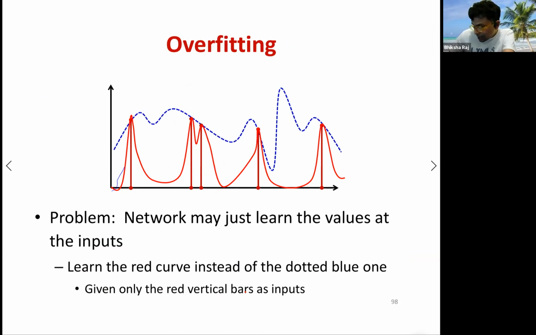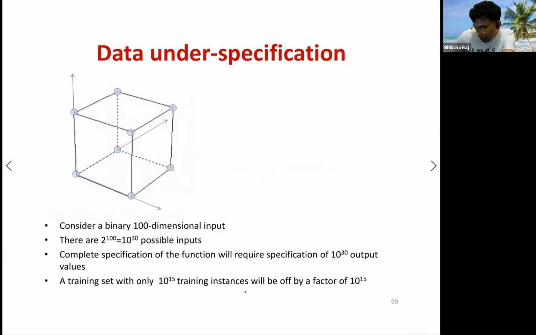And this is something that is really an issue that you have to worry about. Now, how bad is this issue? To give you an example of how poorly you provide your network with data, consider that you are working on 100-dimensional binary data. 100-dimensional data are tiny data. It's like a 10 cross 10 image. And 100-dimensional binary data is like a 10 cross 10 image of binary pixels. Even in 100-dimensional binary data, there are 2 raised to 100 possible inputs, which is about 10 raised to 30